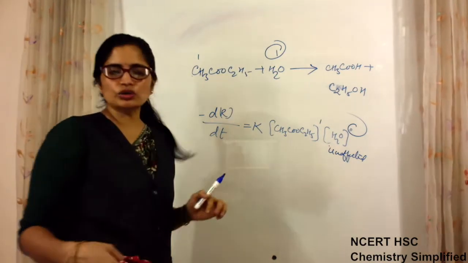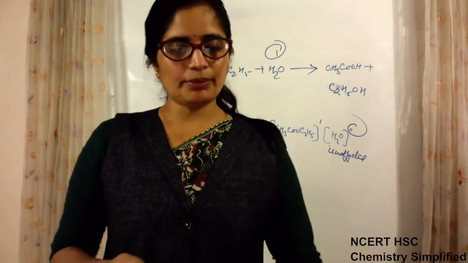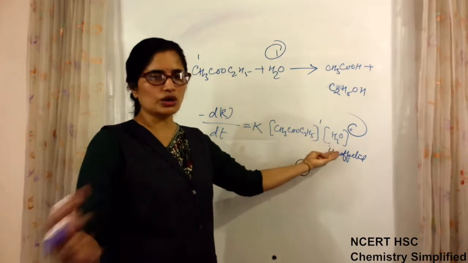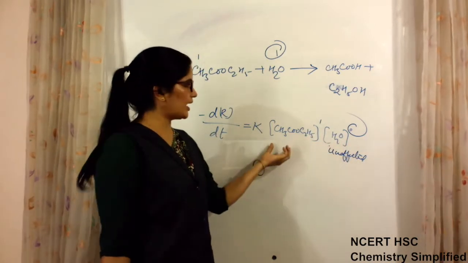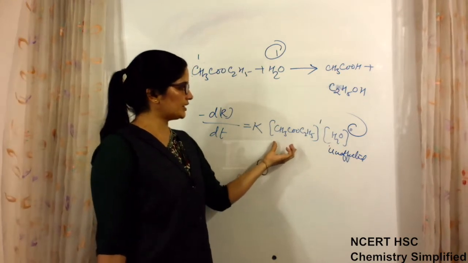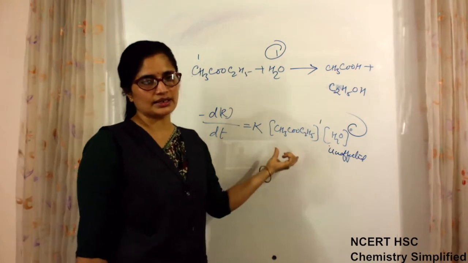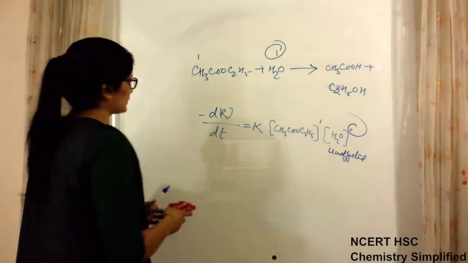You do not have to find it by doing any experiment. It will be told to you that in a particular given reaction, the rate of reaction is not affected by the concentration of water. That means it is raised to power 0, and it varies to the first order with the particular reactant, so you can write the rate expression accordingly.